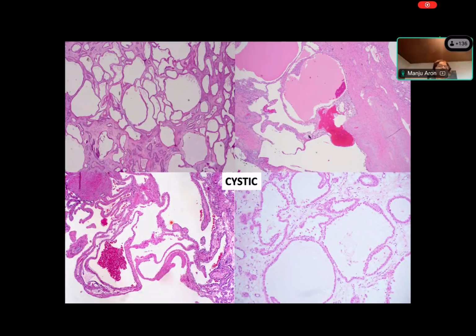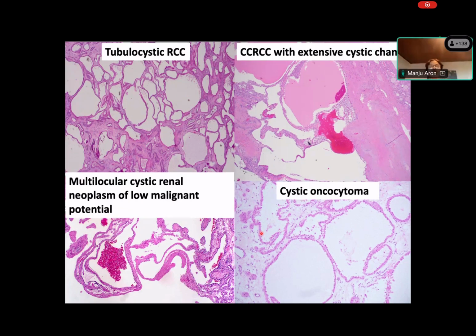Again, these are examples of cystic tumors. This is one where you have multiple size cysts here on your left upper panel. I don't know where this has gone now. Okay, can you see my pointer, the laser pointer? Okay, so here you have multiple cysts, but you have this kind of hyalinized stroma, no solid areas, and cysts, but you have some solid areas here. Another example of just cysts without any solid areas, cysts lined by pink. So these are all tumors with a cystic architecture, but these are all different kinds of tumors. So it's important to know what the differential diagnoses are.